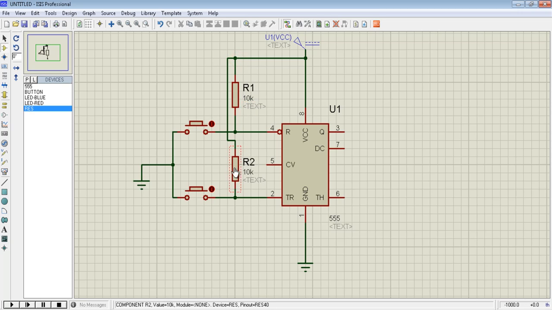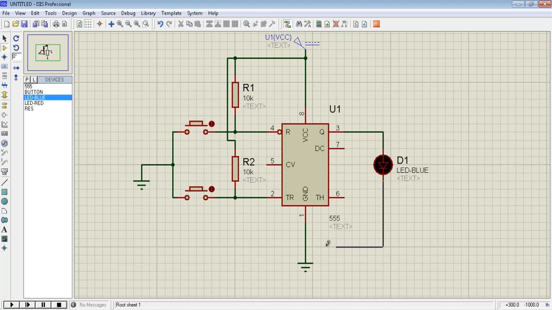I have taken a pull-up of 10K. Now from pin number 3 I am taking my output. So for output I am taking this LED. The positive part of the LED is connected to output and the negative part of the LED is connected to ground.